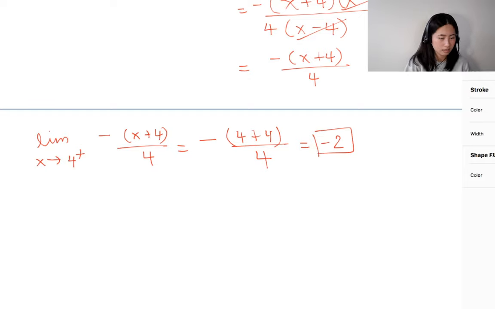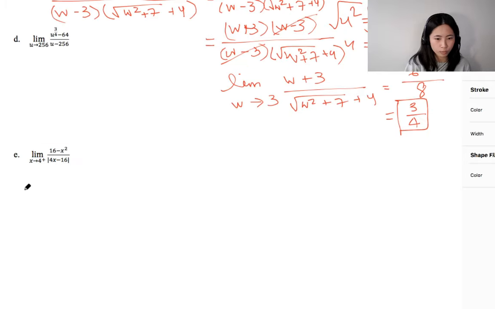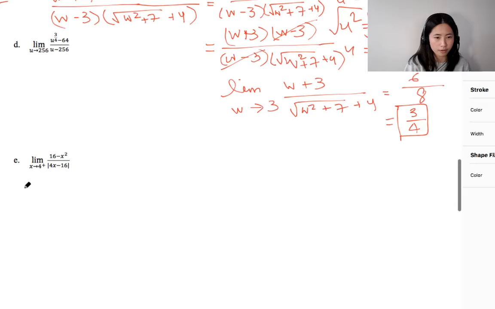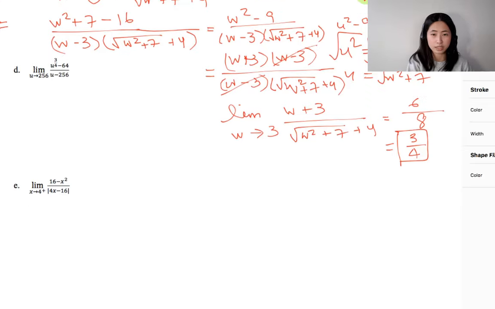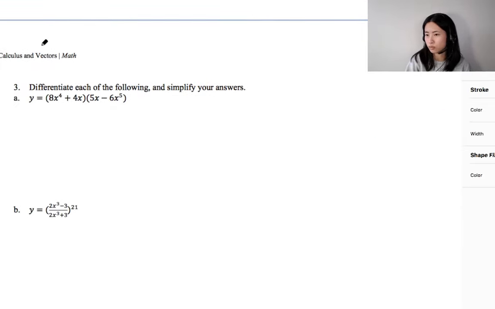Okay, so let's move on. I finished D&E, which is going to be available again on another sheet. Great, so moving on to number 3. We need to differentiate. We need to find the derivative of each of the following, and then simplify our answers. As you can see from the first question, we have two terms,